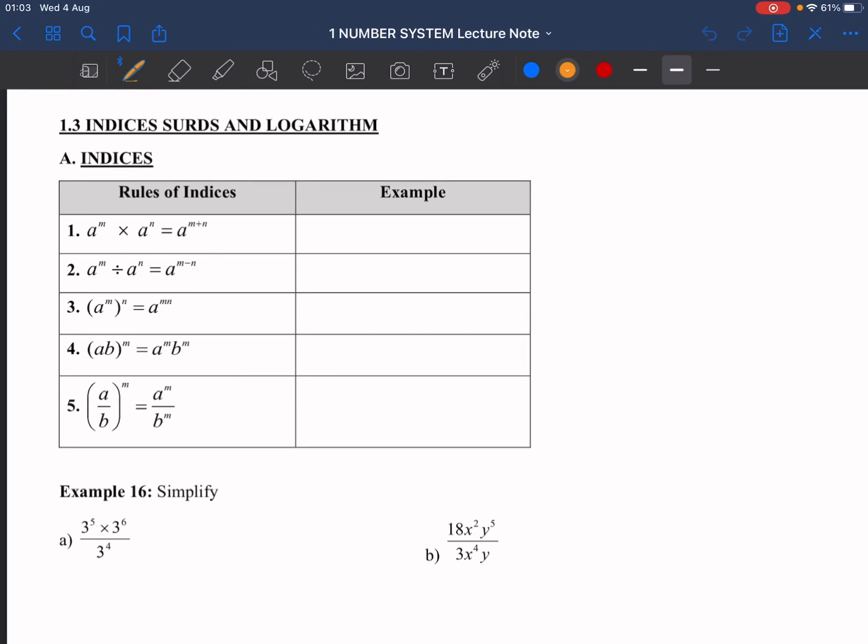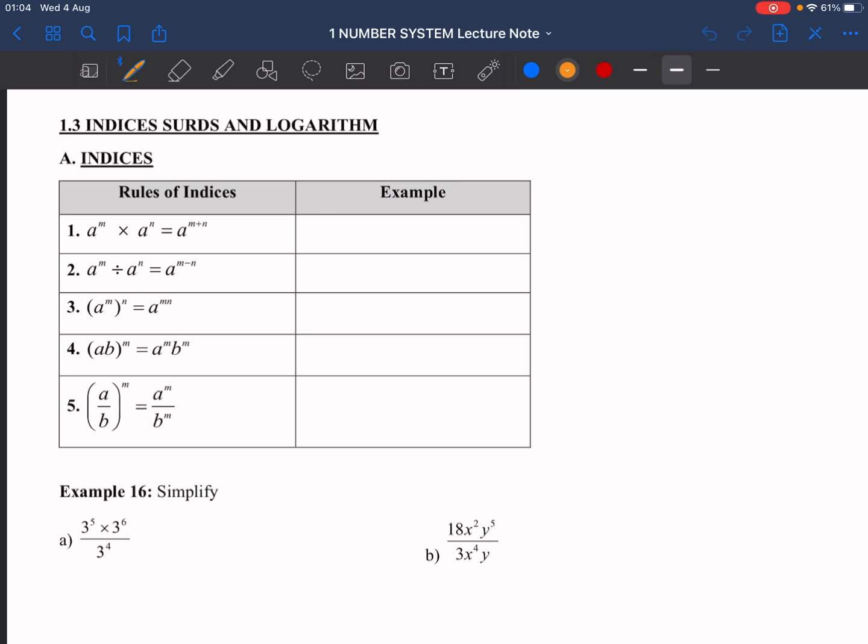So today we are going to see the third subtopic, 1.3 indices, surds and logarithm. We have seen the first two subtopics, complex number and real number, for chapter 1. So hari ini kita akan sambung. For this subtopic, indices, surds and logarithm, we're going to see more on this subtopic in chapter 2. And part ini juga, indices, surds and logarithm juga akan kamu gunakan di sepanjang